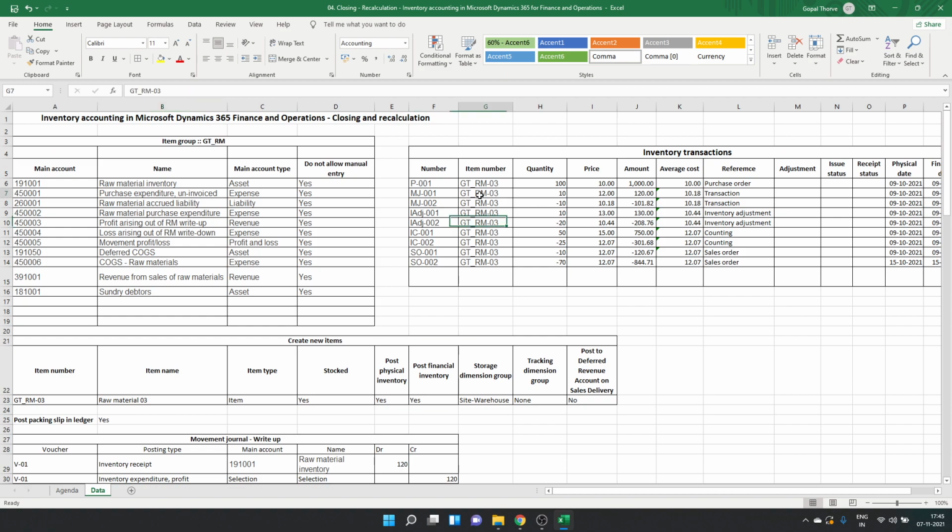To start with, from a very first transaction I will do is for my purchase transaction, which was for 100 quantity at the rate of 10 per piece, which was amounting to 1000 in total amount. Okay, so now what I am doing is for procurement of this particular inventory, say I have received the third party freight invoice later on. Okay, so I will be doing that particular transaction.